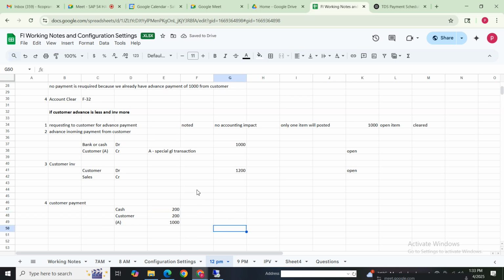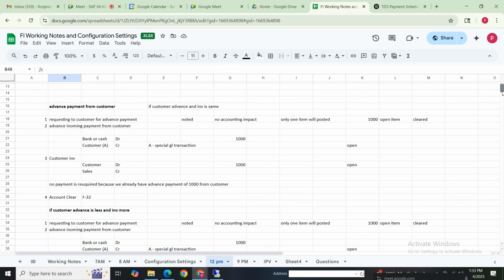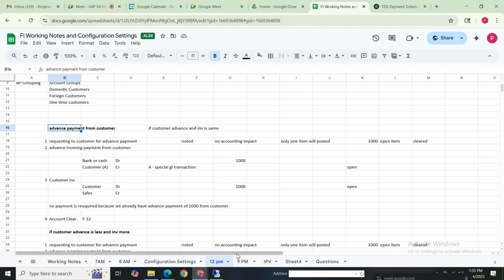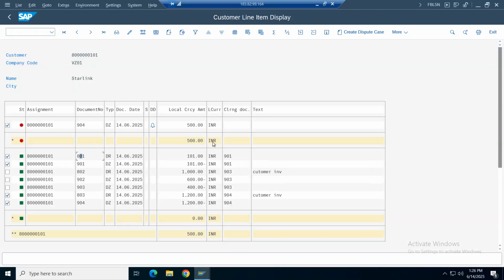So we are not discussing partial, we are discussing advance payments here. Okay, so let us understand advance payment from customer. I'm not sure whether this is working in the system or not.